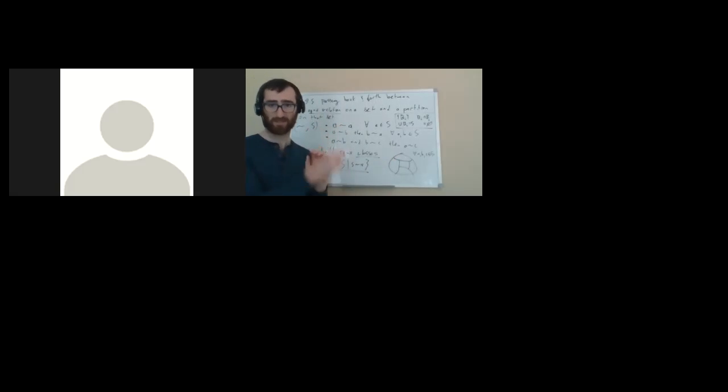And the equivalence classes are all disjoint. One of the things I proved in the lecture is that if A is not equal to C,